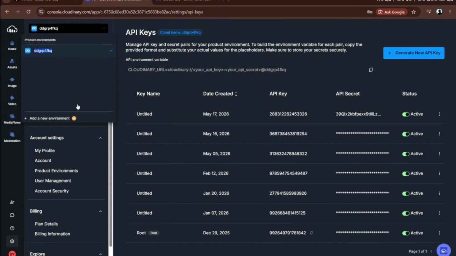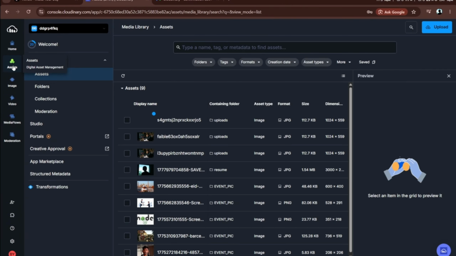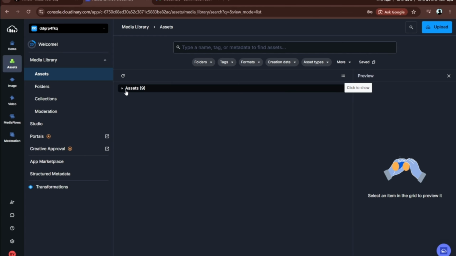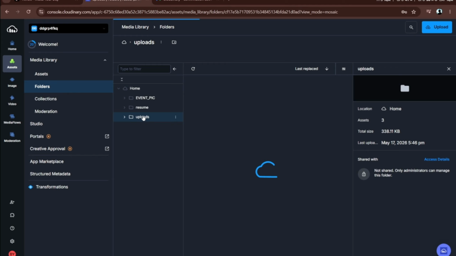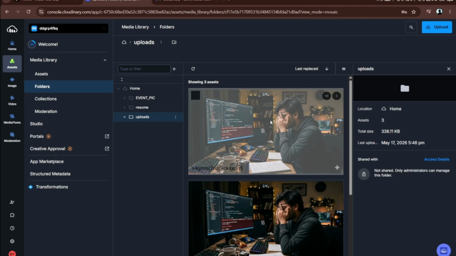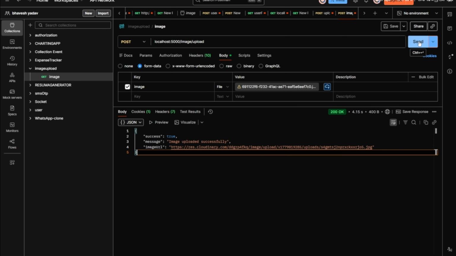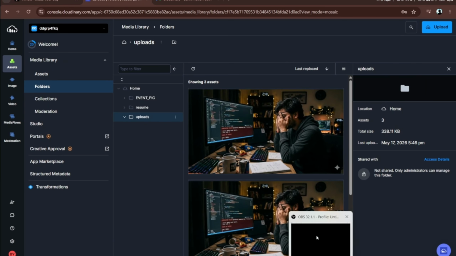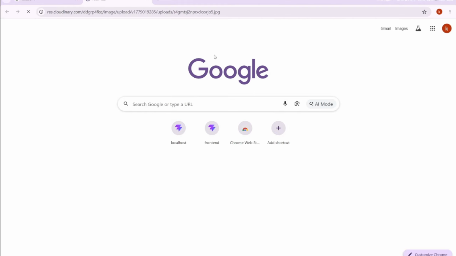So open Cloudinary, go to Assets and click here in the folder section, and after clicking folder you can see one upload folder because we wrote the folder name upload, and you can see our image is uploaded. This means the image was uploaded successfully to Cloudinary. You can also open the image URL in the browser to view the uploaded image instantly in the browser. Here you can see